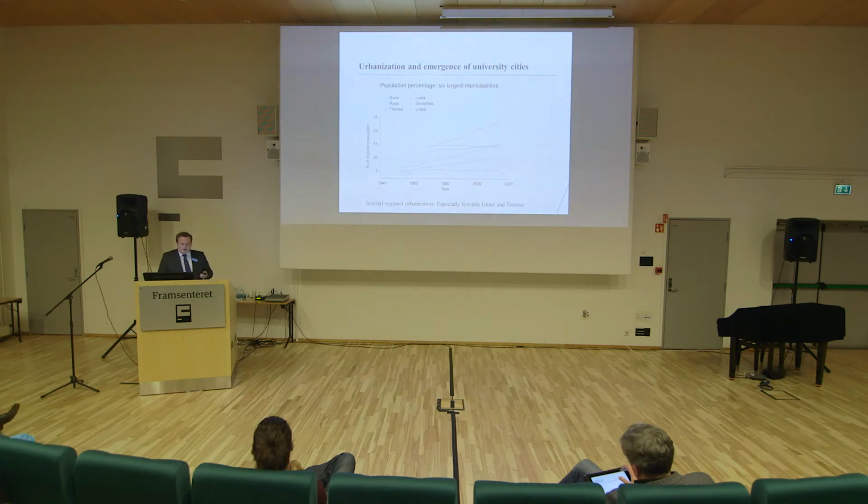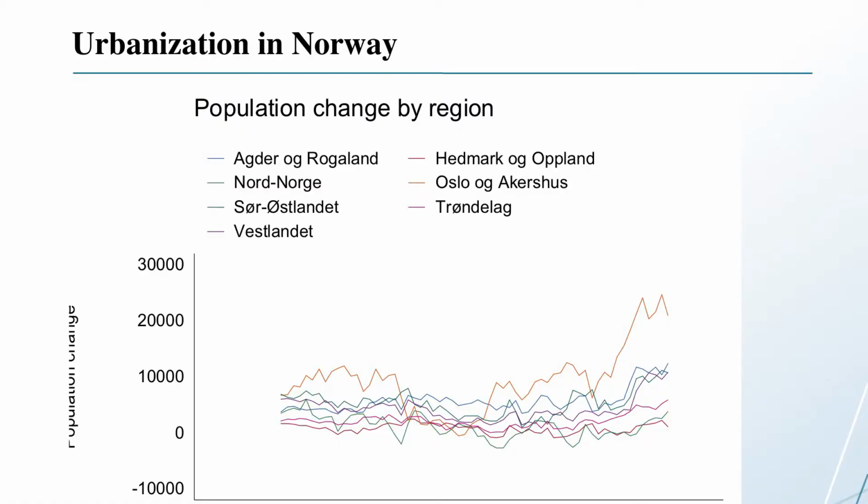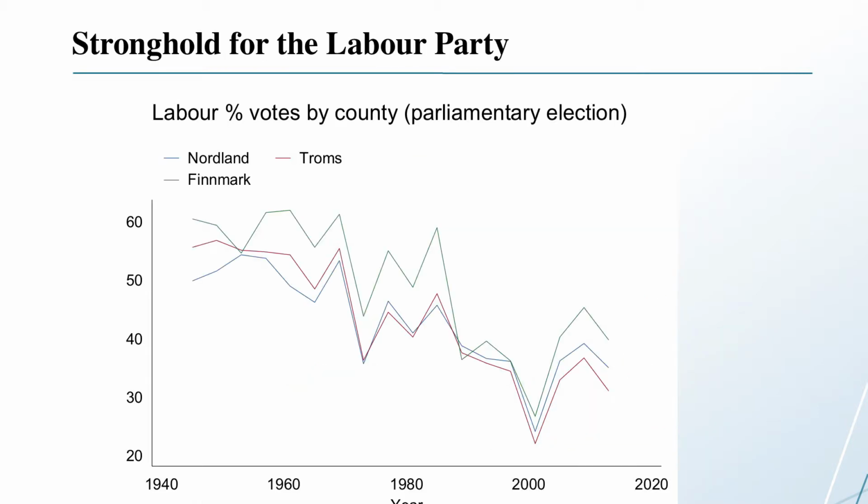So I will talk briefly about the political side, how people vote, because I'm a political scientist. We're interested in that. One last slide about urbanization in Norway, which is the main factor, and this is similar in France, I'm looking at as well. So we are now in a traditional stronghold for the Norwegian Labour Party. I will mainly focus on Norway.